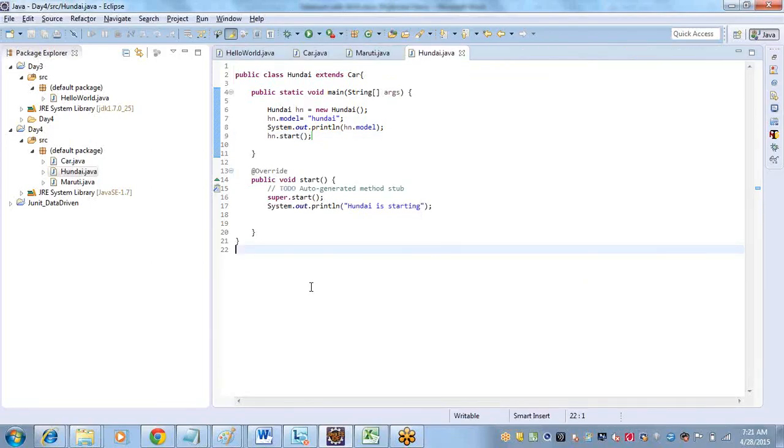So this is called inheritance, where the child class acquires all the properties of the main class. Similarly,